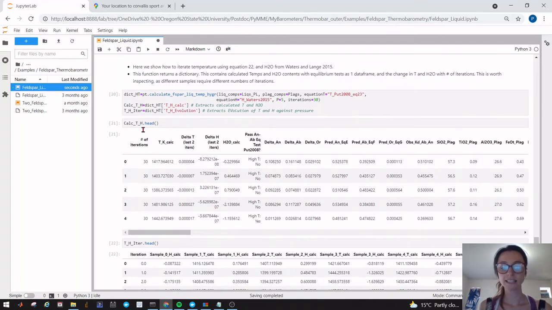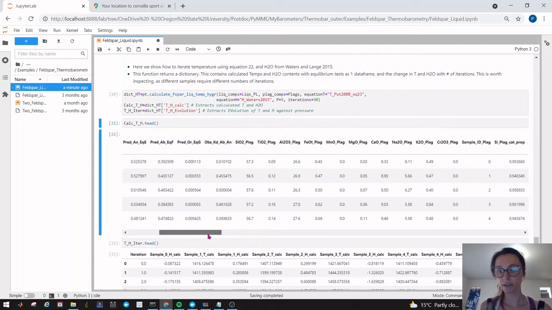So what you can see is the calculated TH head, so that's this first one. You have the number of iterations, so here 30. The temperature is calculated. It then gives you the delta temperature, so this is the temperature from the current iteration minus the temperature from the previous iteration. So you can just have a look down here and check that these numbers aren't significant. Same for delta H, and it gives you the H2O calculated. And then as before, it gives you whether it passed the equilibrium tests, all the equilibrium tests,